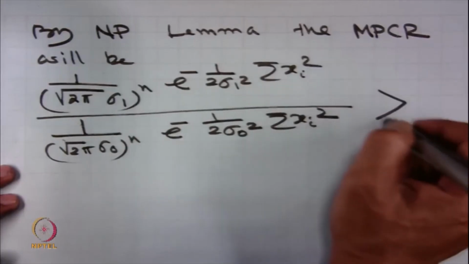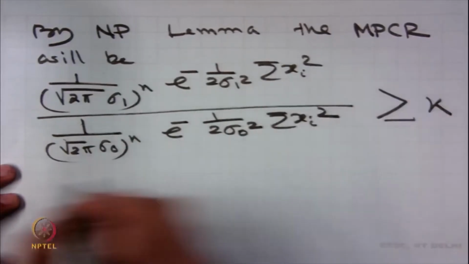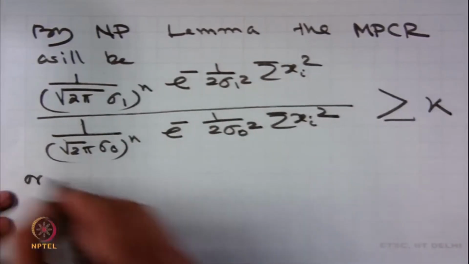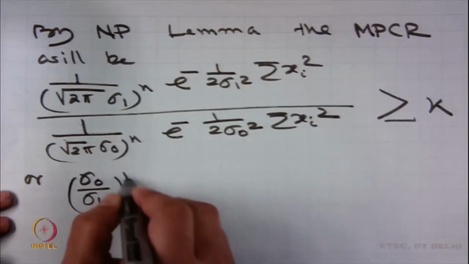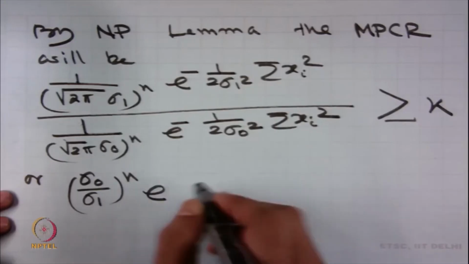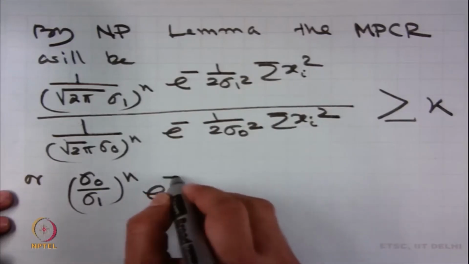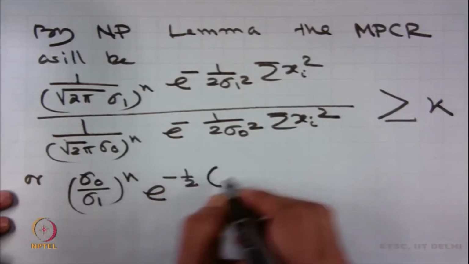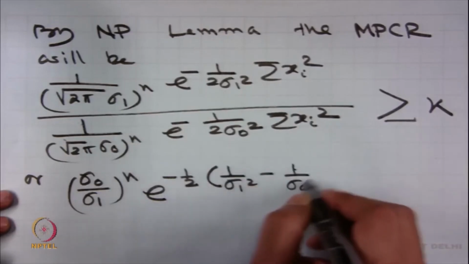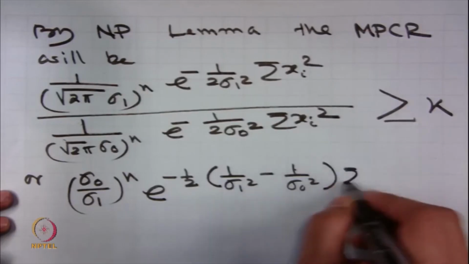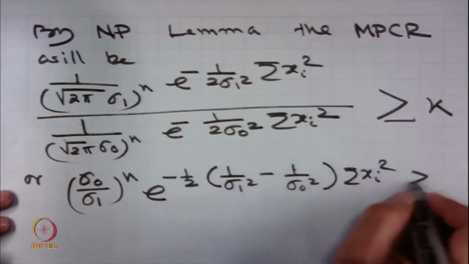This has to be greater than equal to k, or sigma naught upon sigma 1 whole to the power n e to the power minus half 1 upon sigma 1 square minus 1 upon sigma naught square into sigma xi square is greater than equal to k,